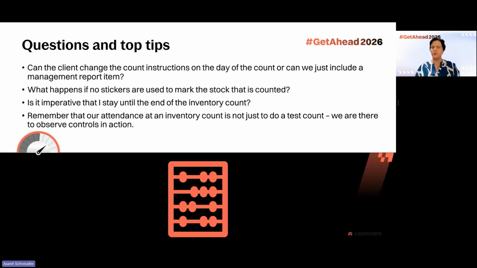Now we get to the client, we are happy with the instructions we saw last week, and suddenly they've changed the instructions. What now? Well, you can't just afterwards, three, four, five months down the line, say, oh, by the way, client, it wasn't really ideal that you changed the stock count instructions on the day. You should have rather done this or that. That's not really going to solve the issue for us to confirm existence and the valuation and allocation for this financial year. Yes, it can help for next year, but for this year, it's not really going to give us evidence. So what is the better way to deal with it?